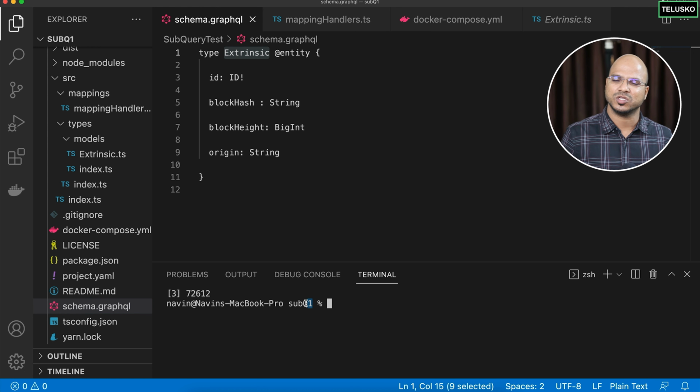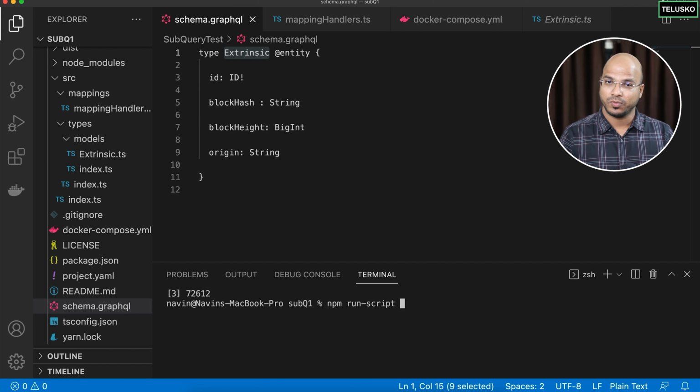Now, the name of this project will be different from the last video. This is Q1, because for the last project I did some changes which I don't want to talk about here. I was doing some experiments, so we created this blank new project which looks exactly the same as the last project. So if you are following this series and you have done with the project named Subquery, you can use the same project and do the same steps. So the first thing I'm going to do here is build this project. Now, how do we build this project? You can use yarn or you can use npm. I guess we used npm last time, so I will also continue with npm.